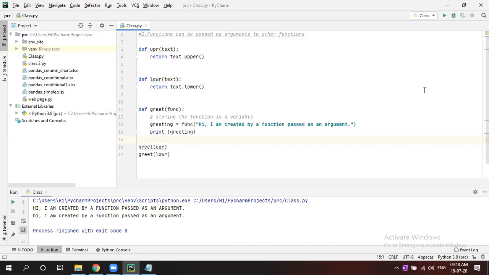That's it. It's a kind of OOPs concept. We have divided into three different functions or objects. Whichever you pass, that will give that result. So that means functions can be passed as an argument to other function.